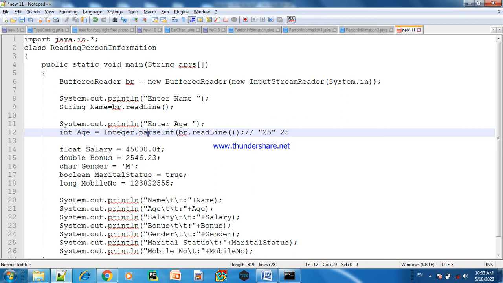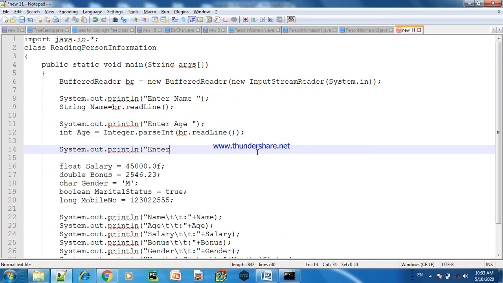The wrapper class method parseInt will convert the data which is read by the readLine method in string format into integer format. That's why we write Integer.parseInt to parse the data read by readLine into integer, and this concept will work in all next cases. Now we'll say enter salary.